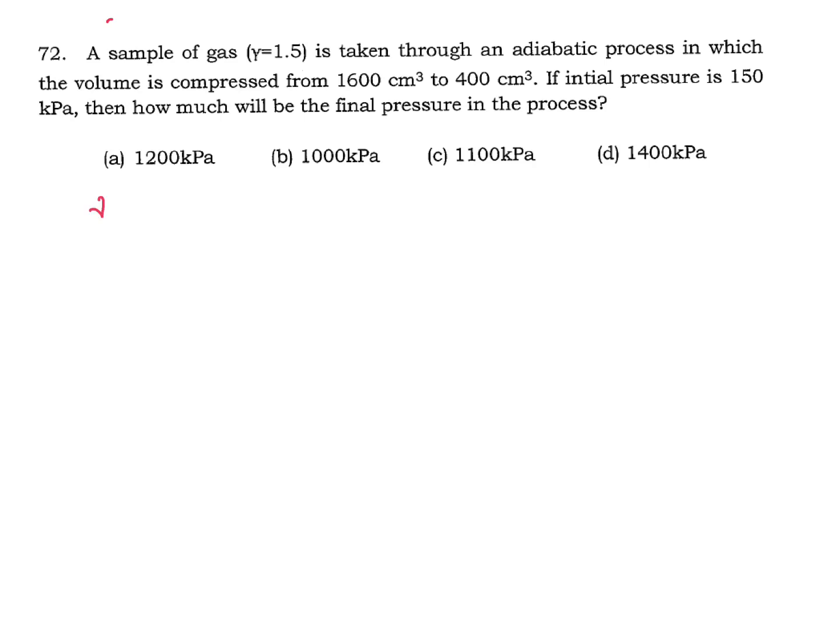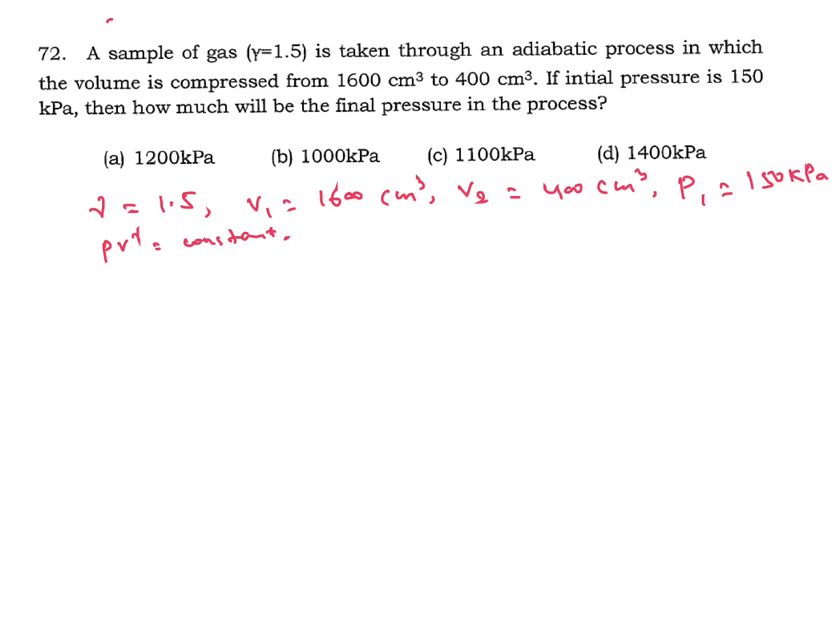Data given are gamma equal to 1.5, V1 is 1600 centimeter cube, V2 equal to 400 centimeter cube, initial pressure P1 is equal to 150 kilopascal. The process is adiabatic, PV to the power gamma equal to constant. Final pressure in kPa